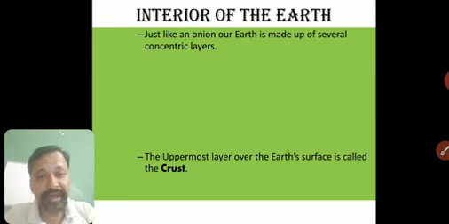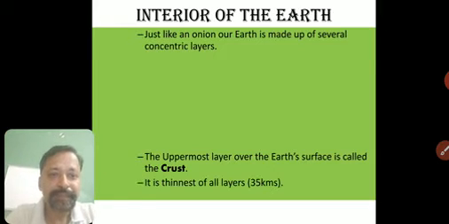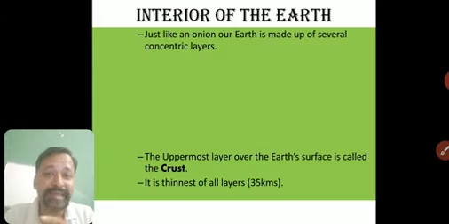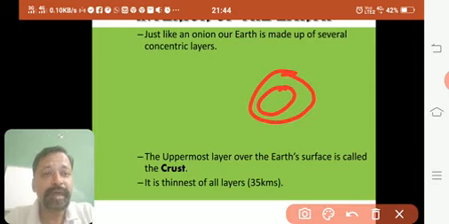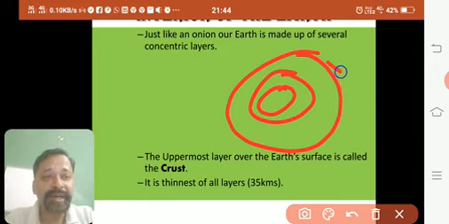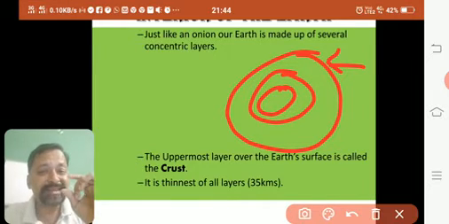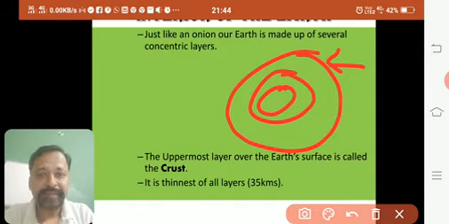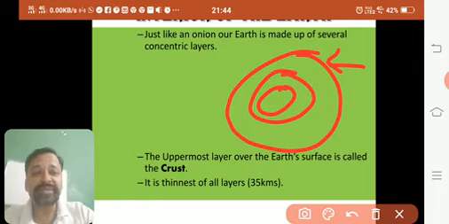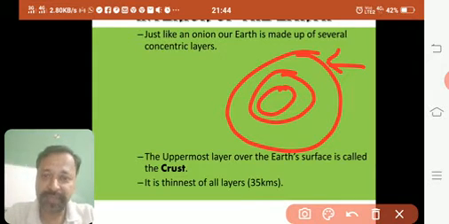The uppermost layer of the Earth is called crust. It is the hard land on which we live, and that is called crust. It is the uppermost layer. Now I said that it has different layers, so again we'll draw a diagram. Chalo. So the topmost layer is called crust. Now crust is a very thin layer, the thinnest of all of these. It is just 35 kilometers. Okay, what is the depth of the Earth?